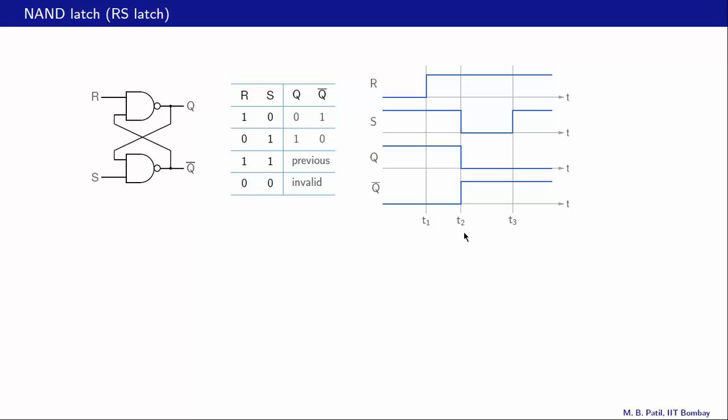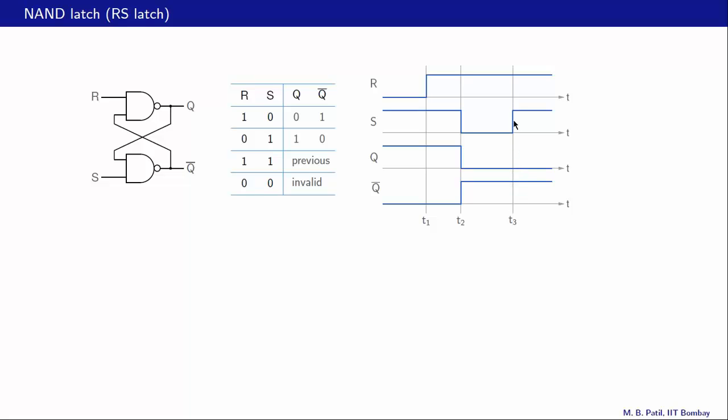At T2 there is a change. S changes from 1 to 0, R continues to be 1. So we have R equal to 1, S equal to 0. So let us look at this entry, R equal to 1, S equal to 0. So that resets the flip-flop. That means Q becomes equal to 0, and this happens irrespective of what happened in the past. So Q becomes equal to 0 and Q bar becomes equal to 1, and that continues up to T3 when